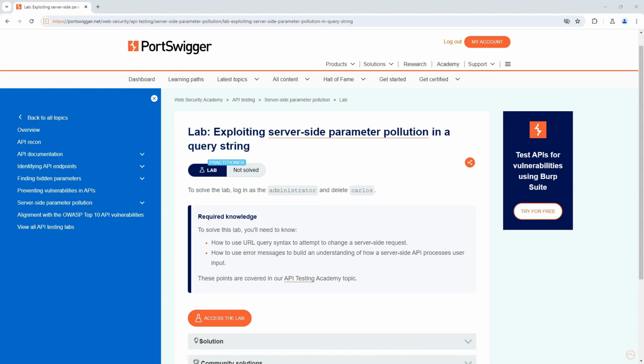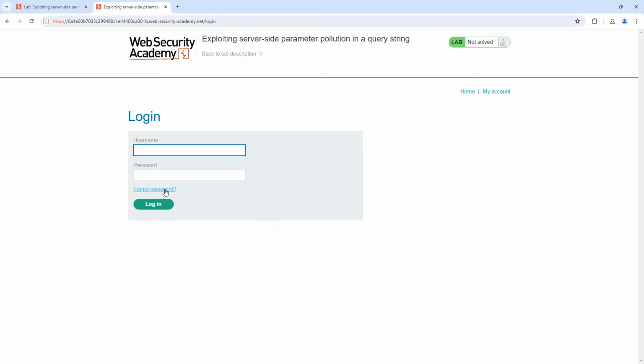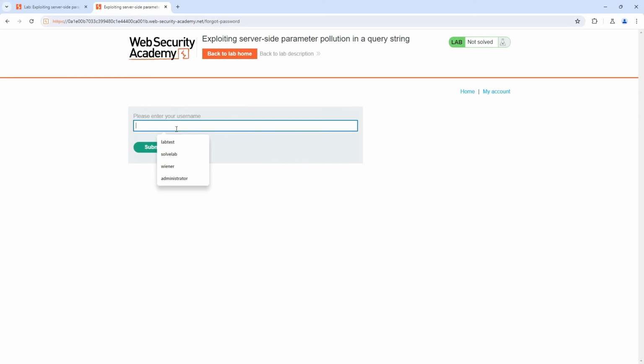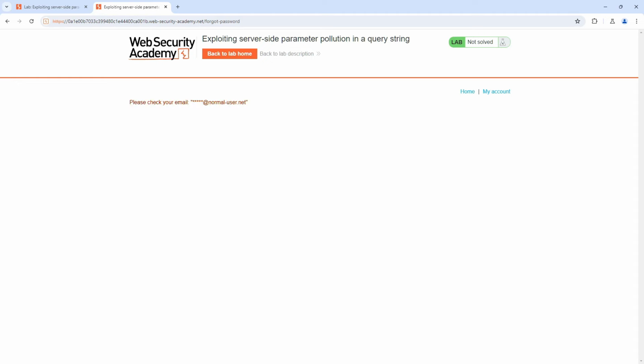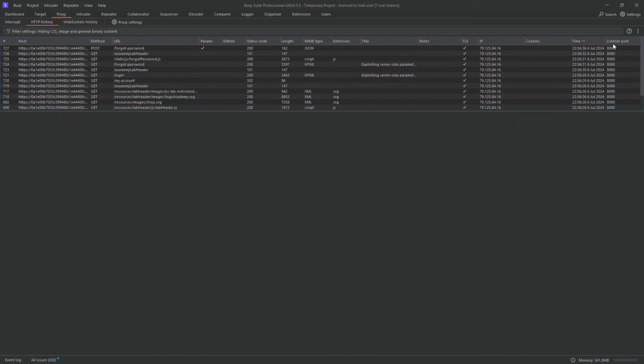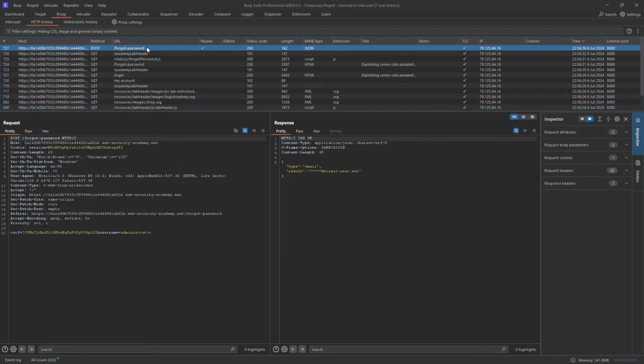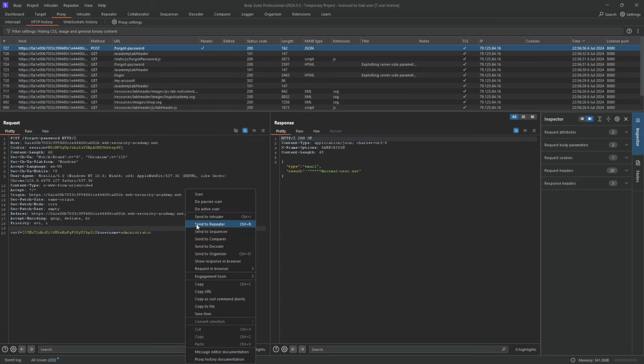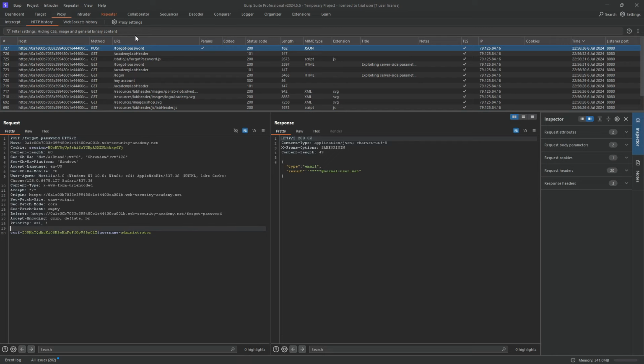Let's now demonstrate how to solve this lab by exploiting server-side parameter pollution to log in as the administrator and delete the user Carlos. In Burp's browser, trigger a password reset for the administrator user. In Burp, go to Proxy, then HTTP History. Notice the POST /forgot-password request. Right-click the POST /forgot-password request and select Send to Repeater. And the related